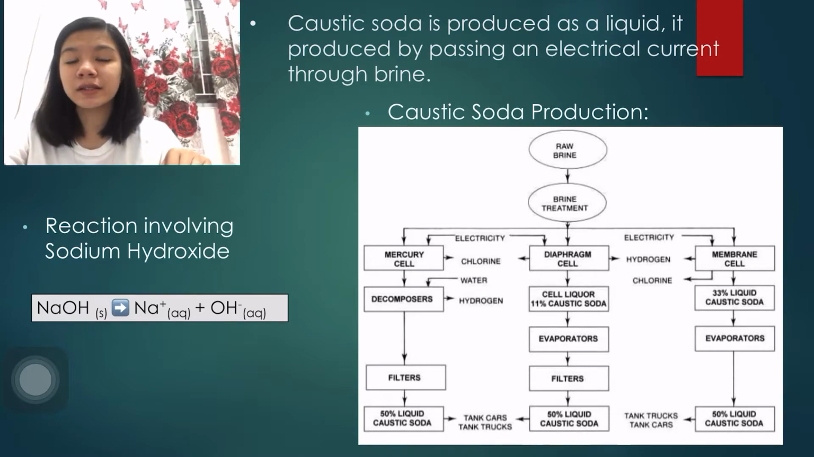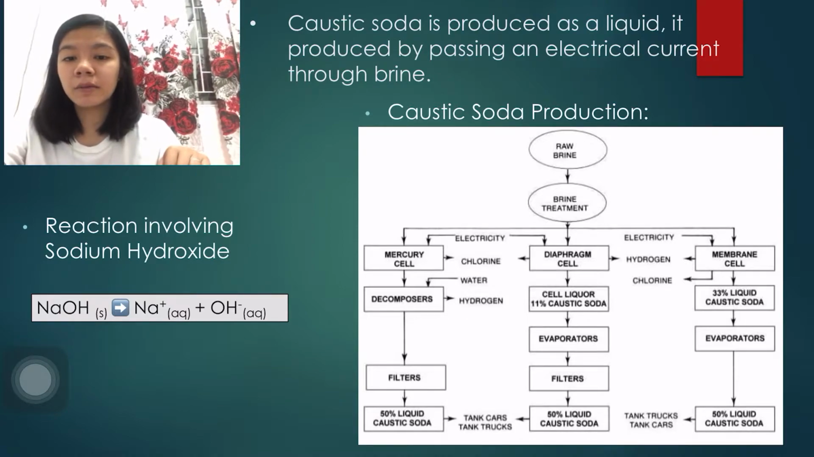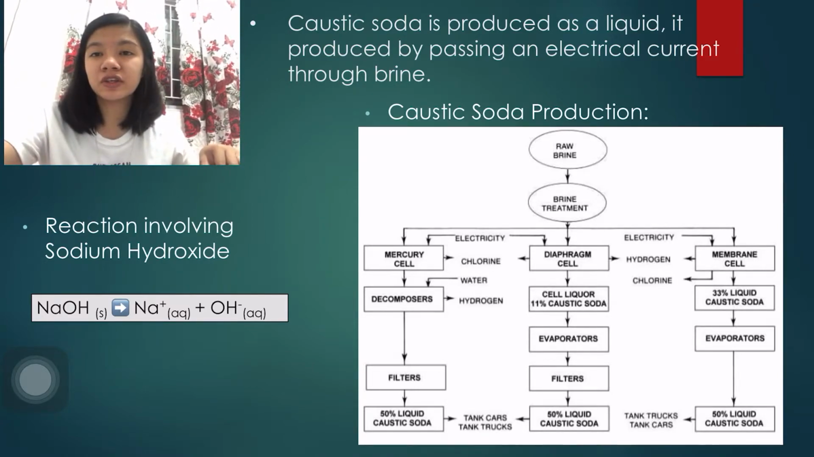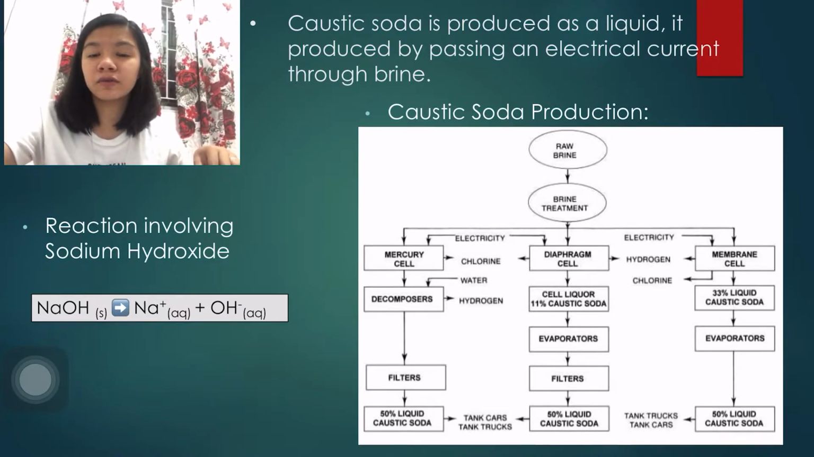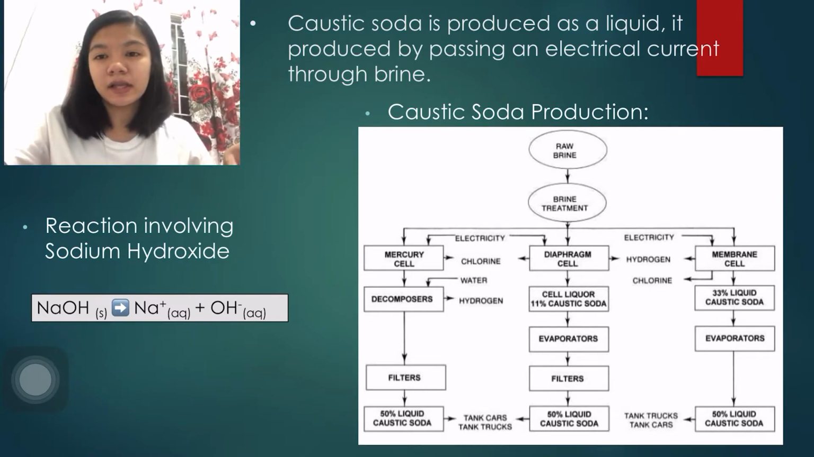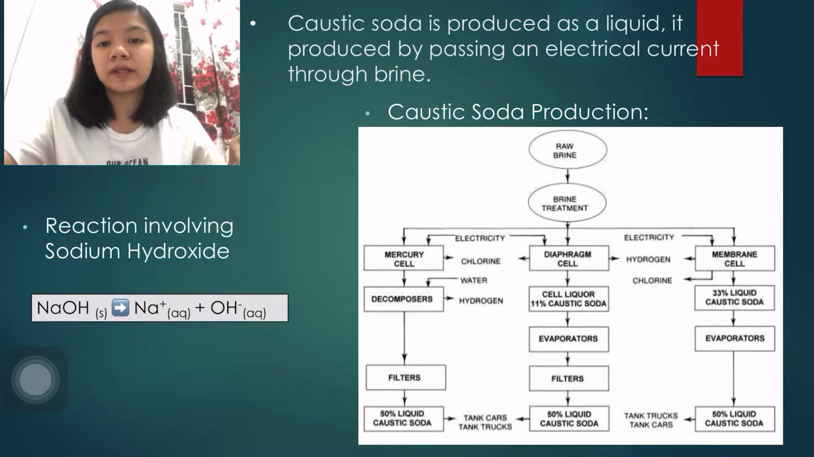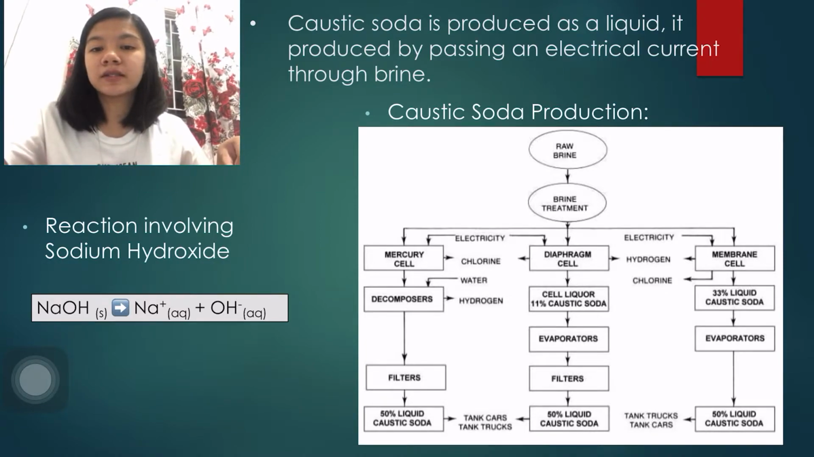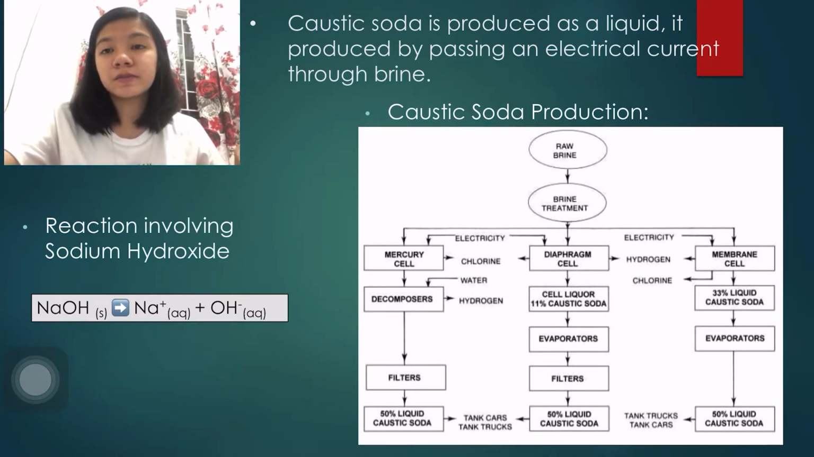So the first cell is the mercury cell. The sodium is discharged in the form of mercury sodium amalgam and chloride ions as chlorine. The next one is the diaphragm cell. It is usually manufactured of asbestos, and allows a flow of brine from the anode to the cathode, but separates the chlorine and hydroxide gas space. And the third cell is the membrane cell. The ion exchange membrane acts as a barrier to all gas and liquid flow,